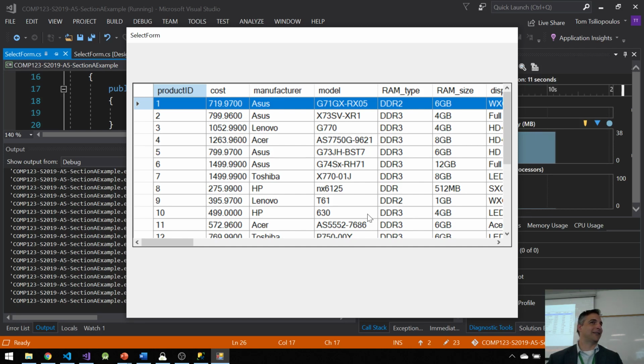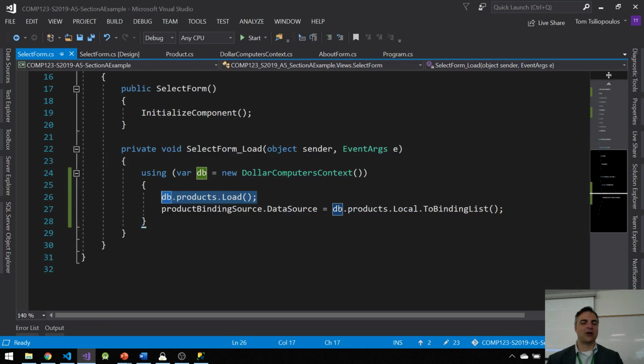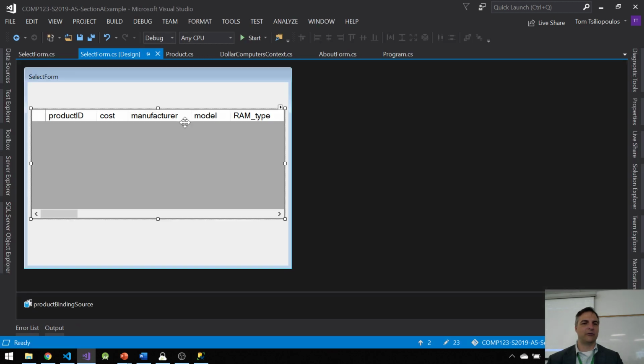I'm recording it. You can use it. I'm telling you what to do. Here's some problems though. Look at this. RAM_type. RAM_size. That's pretty ugly, right? So maybe what I want to do here is go into my DataGridView design. So I want to go into Edit